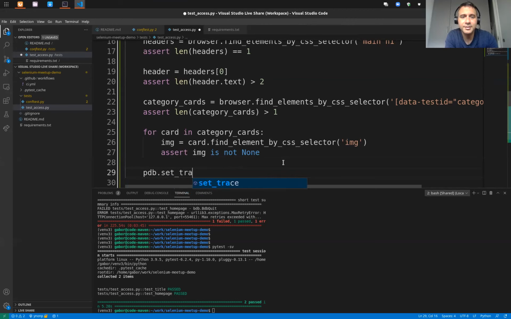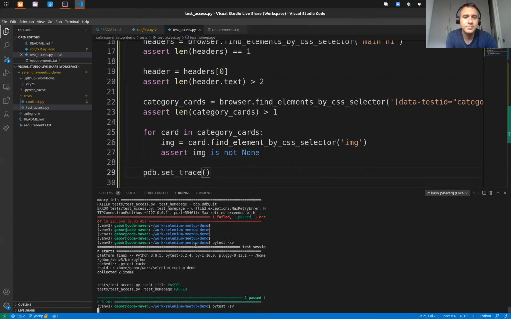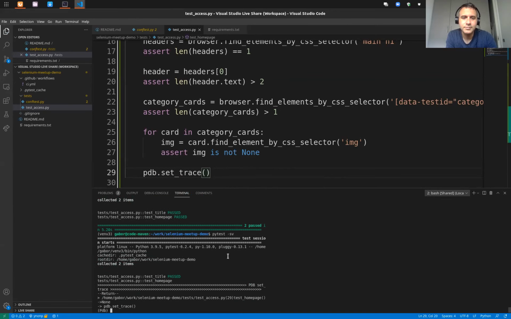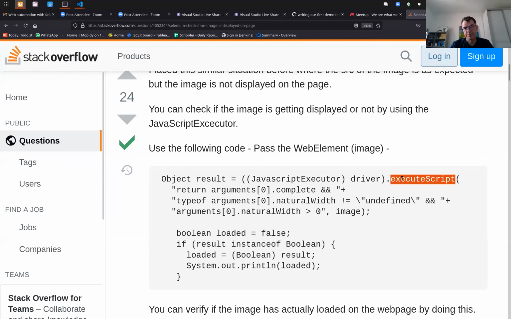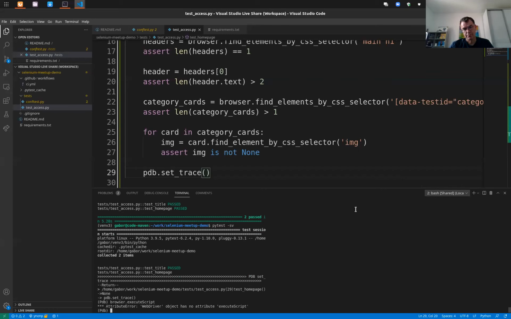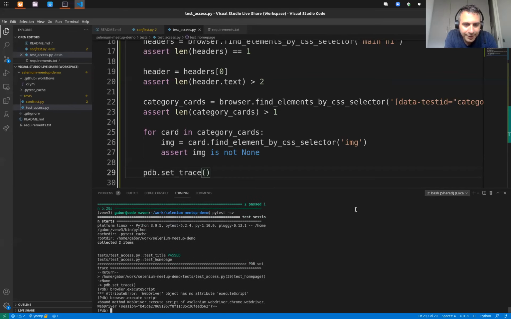PDB set trace. You could actually run just one test here. You don't need to run all the tests. But it doesn't have execute script. Maybe it has. Yeah, it has.